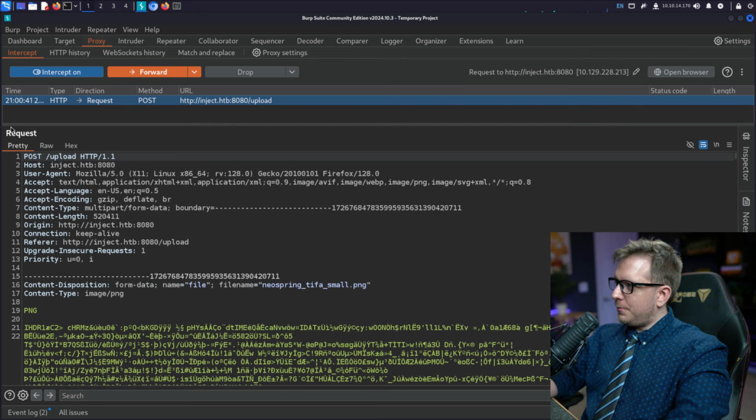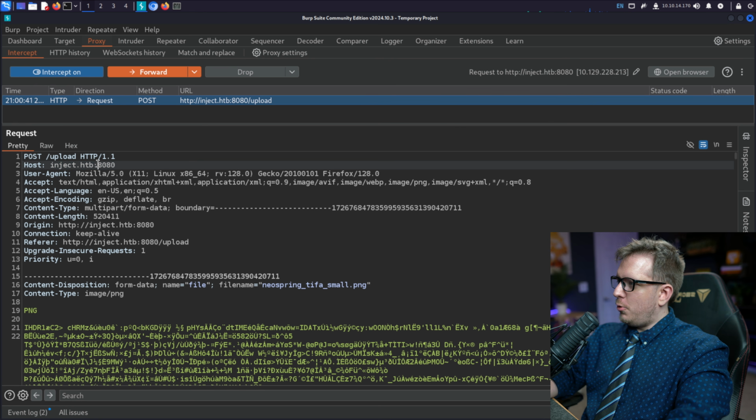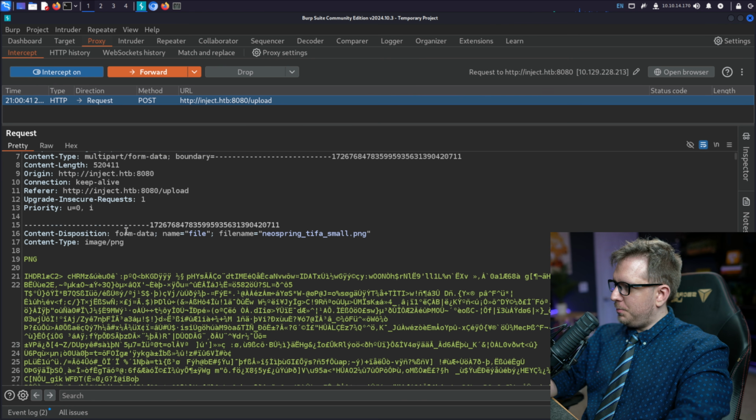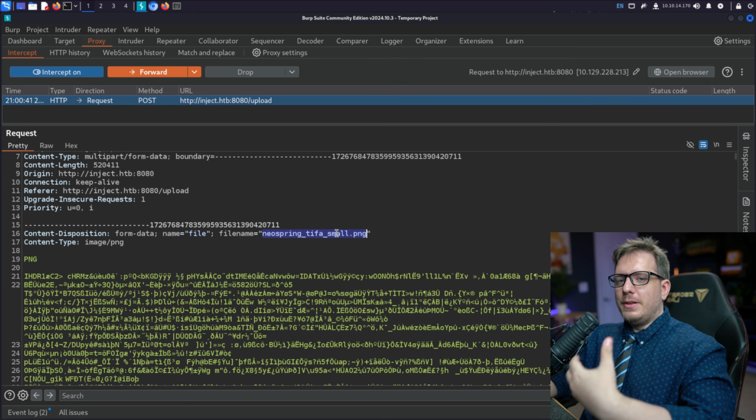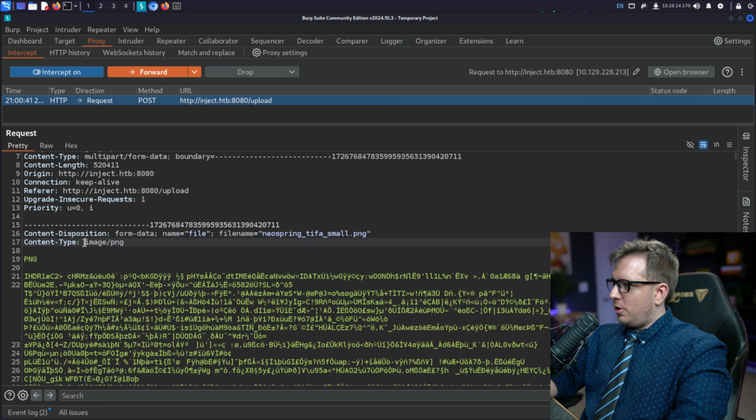So it's capturing that request here, which is a post request to the endpoint for upload. And here is the host, right? The Inject HTB on port 8080. Here is our user agent and a bunch of other information that you don't have to worry about. But you can see here the form data is a file, and here we're getting the file image. So Neospring Tifa small. So that's the file name that I'm uploading,